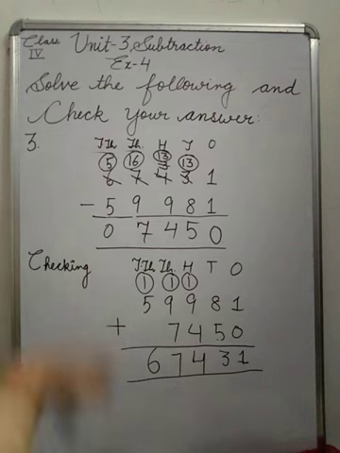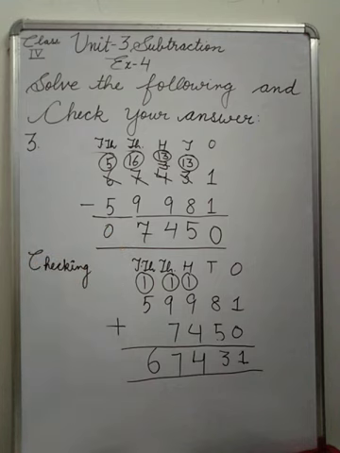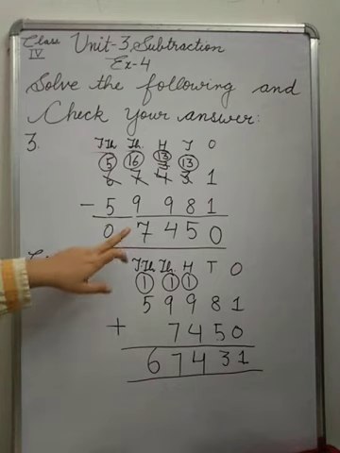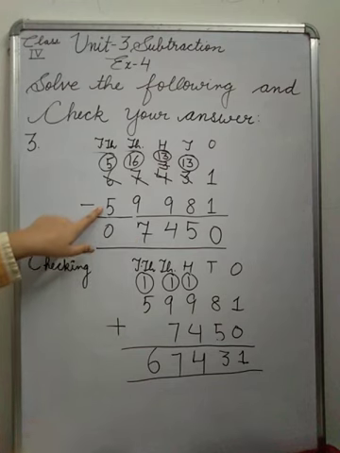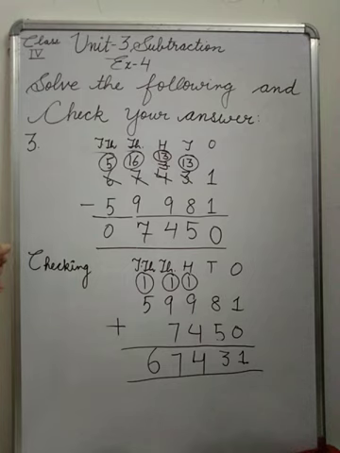So that means your subtraction is okay. Now see again, when subtraction is given, firstly you have to do the simple subtraction. Then when you go to checking, the answer you got and the number which you are subtracting, those two numbers you add, and you will get the bigger number. Then that means your answer is correct. In addition, firstly we added, and then from the bigger one, the answer you got, you subtract any number from the above two. In question number 1, you get the second number. That way you have to do the checking process.